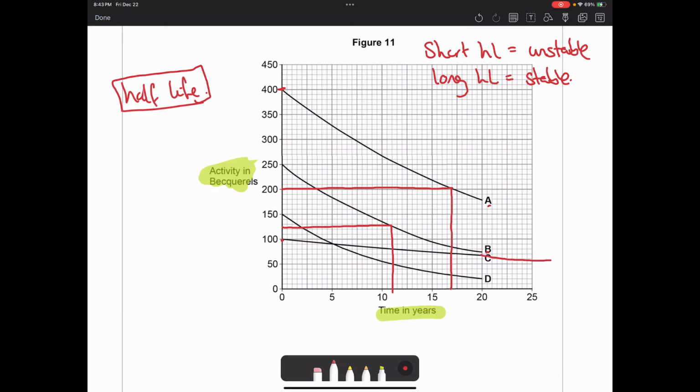You'd have to extend the line going and going. Probably can't even fit on this graph, so we're not going to draw that line on. But D starts at 150, so I'd go to 75 and down,